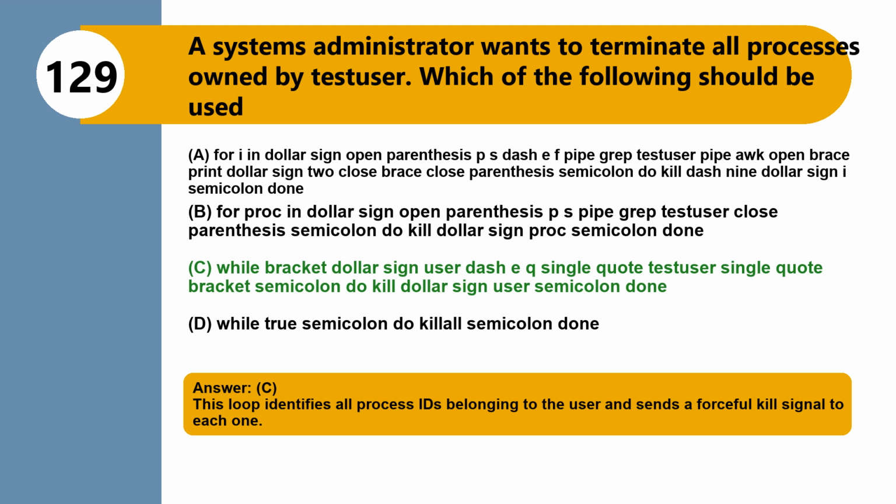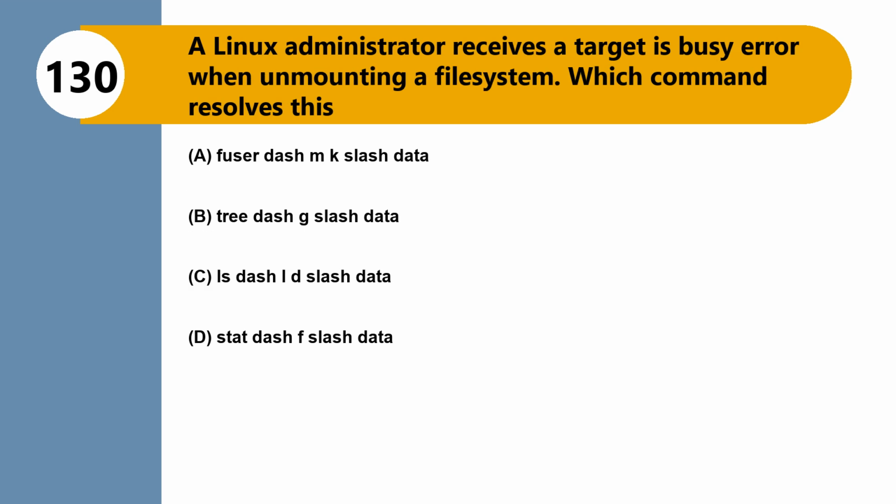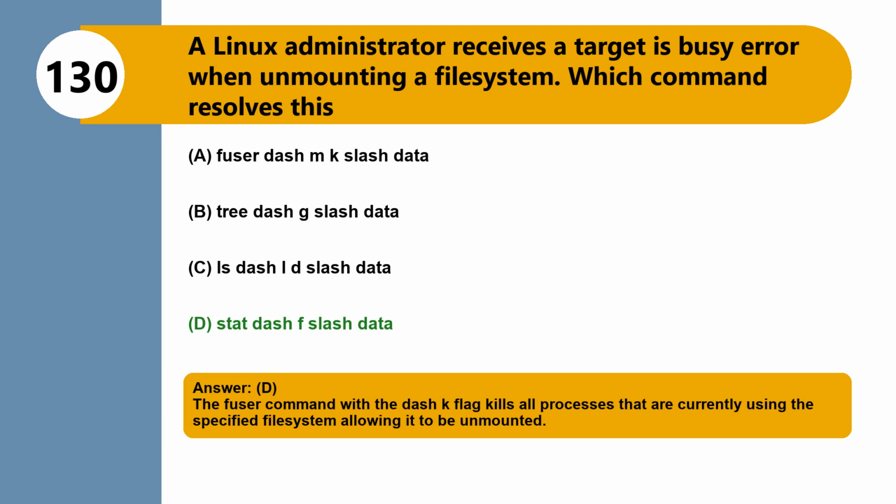each one. Question 130. A Linux administrator receives a target is busy error when unmounting a file system. Which command resolves this? Option A, fuser -mk /data. Option B, tree -g /data. Option C, ls -ld /data. Option D, stat -f /data. The correct answer is option D, stat -f /data. The fuser command with the -k flag kills all processes that are currently using the specified file system, allowing it